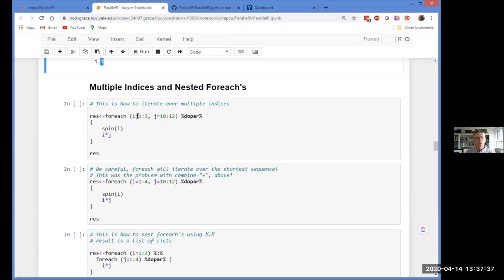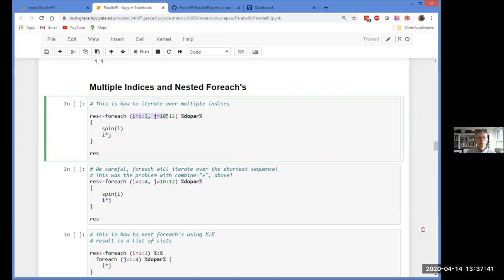Now, you could think of 2 different ways of looking at this, or this could have been defined 2 different ways. It could be that we're going to take all the combinations of i and j, or it could be that we're going to take 1 of i and 1 of j, do the next of i and the next of j, and so forth. And that is actually how it works. So this specification here is going to give us a total of 3 iterations.